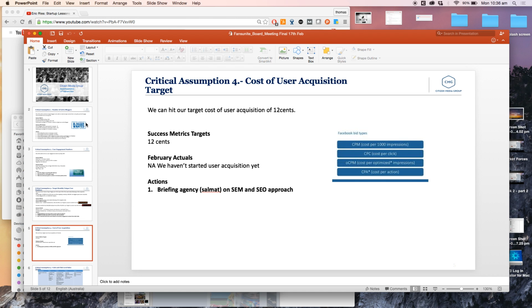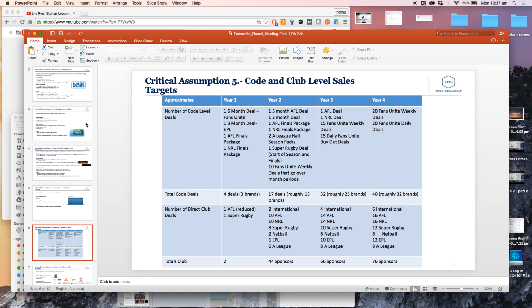acquiring users through paid content-led campaigns, and we had a target for that, and that was a portion of our organic growth. When there was paid growth, there was organic growth and paid growth. And our target metric on that was we wanted to pay 12 cents per user coming in, and that was typically through Facebook advertising, which was very easy to do. It's very easy to do in the context of media, because people want to read it. So it's sort of a bit of a strange thing to put money behind.